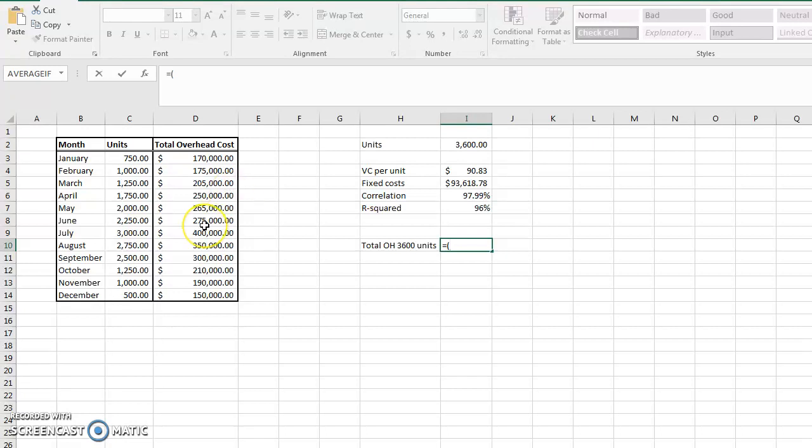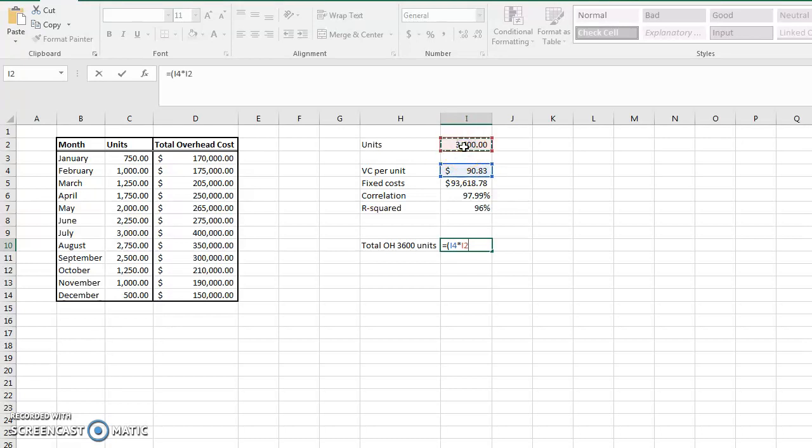And so remember, total overhead cost in this case is going to be equal to our total variable cost plus our total fixed cost. So what would be our total variable cost at 3,600 units? Well, what do we know about variable cost per unit? It stays the same. So I can come over here and I can say my variable cost per unit times